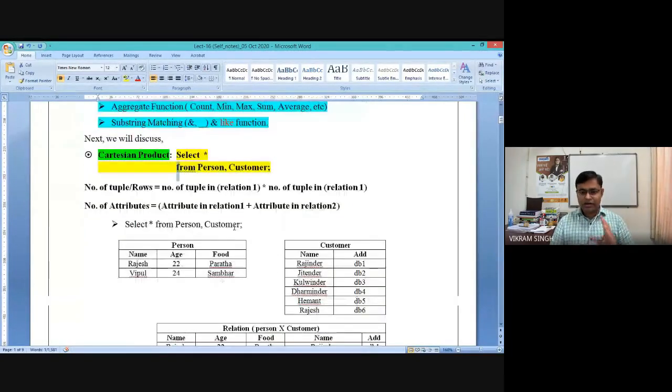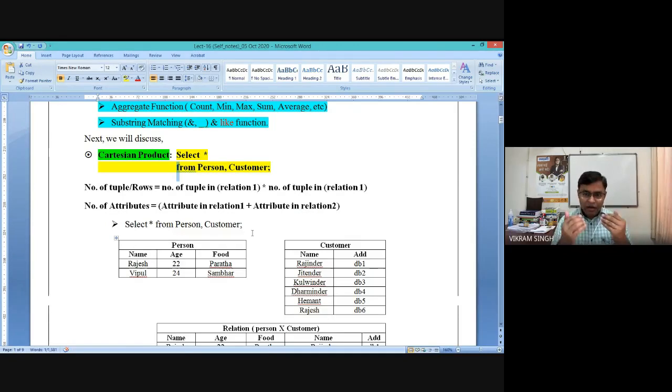It will never happen that in the temporary space, the RAM where we bring data from the hard drive, there are multiple tables. At any point of time, in the RAM there will be only one database table. Maybe in the back end, in the hard drive, you have this database with different database tables.